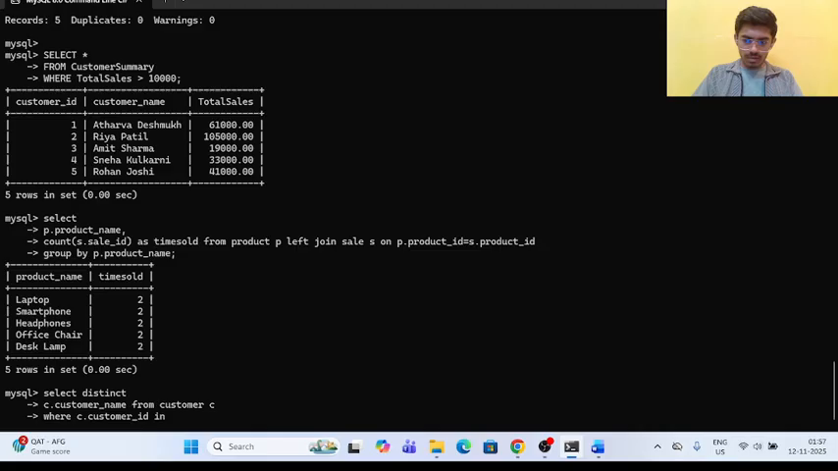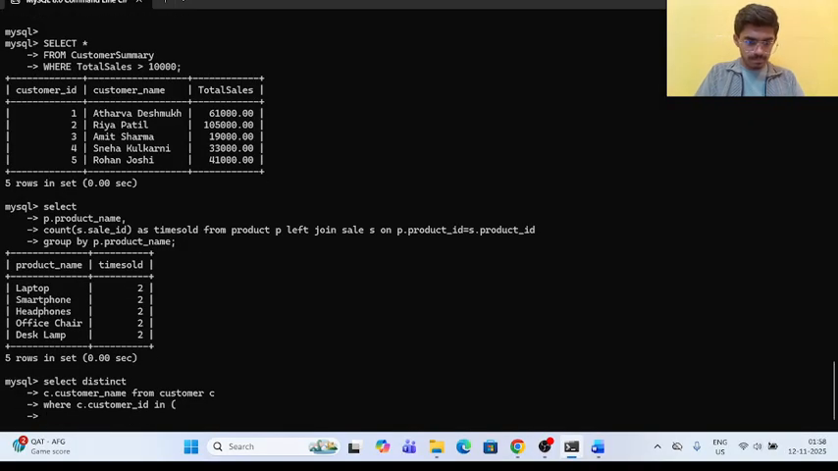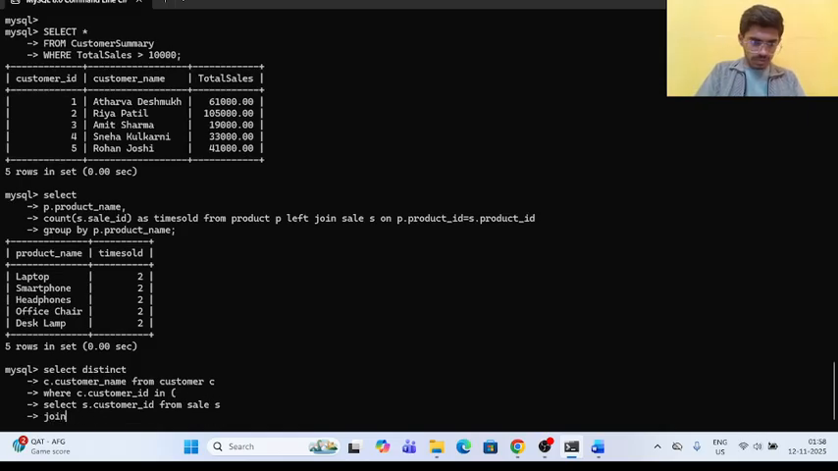in. Now we are taking a subquery inside the where clause: customer name from customer C where customer ID in, select S dot customer ID from sales S, performing join with product P on